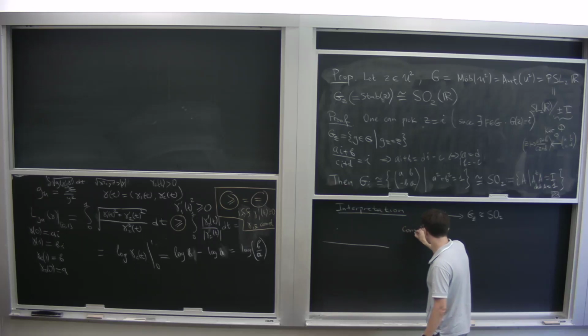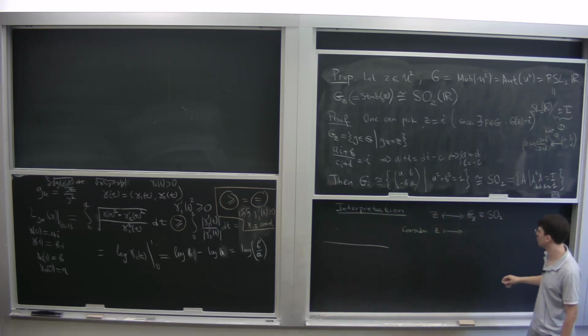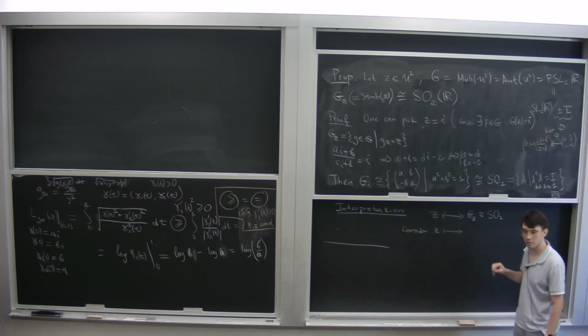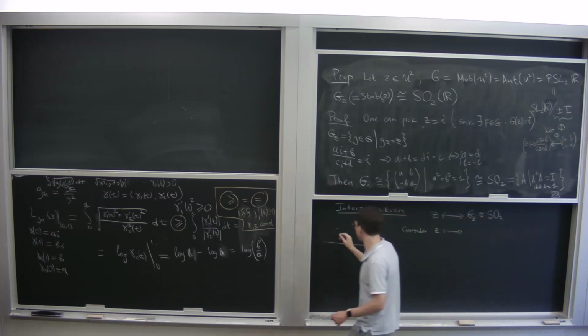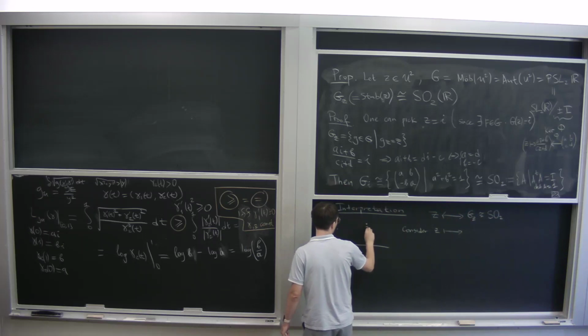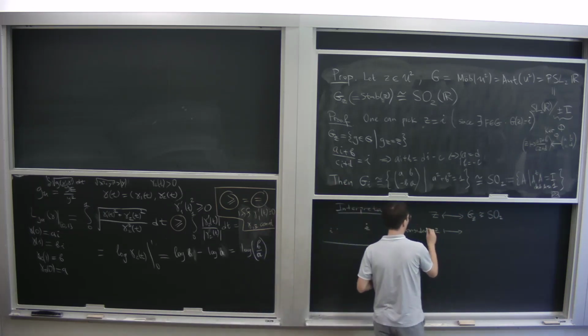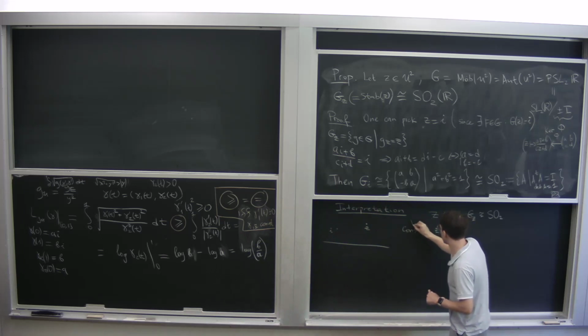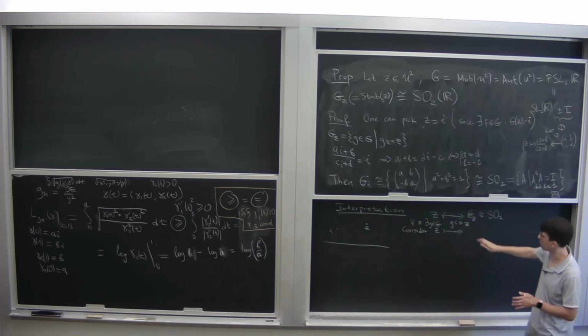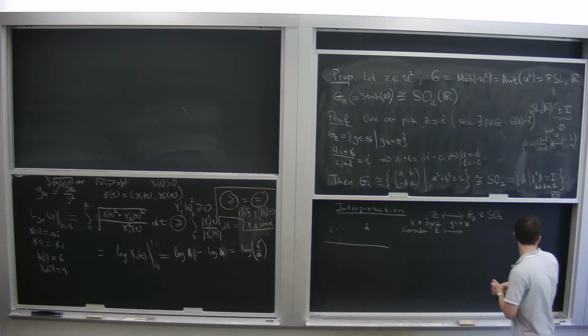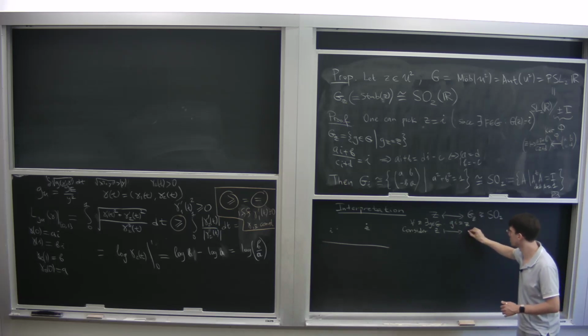How to make this correspondence more explicit? Consider this map, which sends Z to some element. I choose a base point I. And for every Z there is an isometry such that G of I is Z, correct? So for every Z there exists G such that GI is Z. I now prefer to use the standard group notations. Now my Z corresponds to G